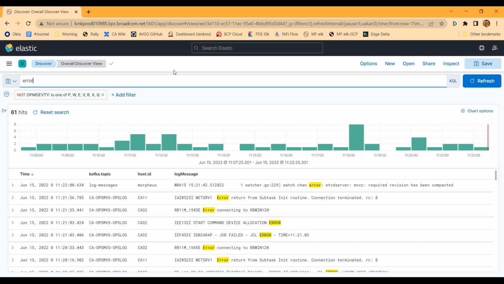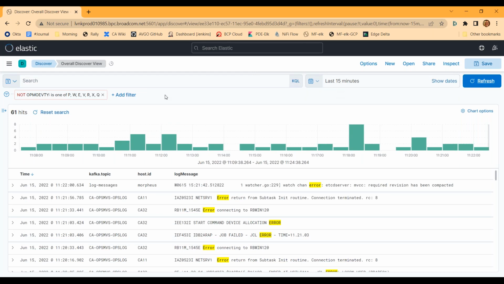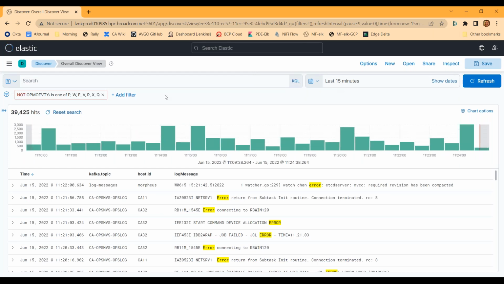So let me step back a little bit. We talked about how we've got all of these Elasticsearch documents, right? So to go back to my 36,000 records.